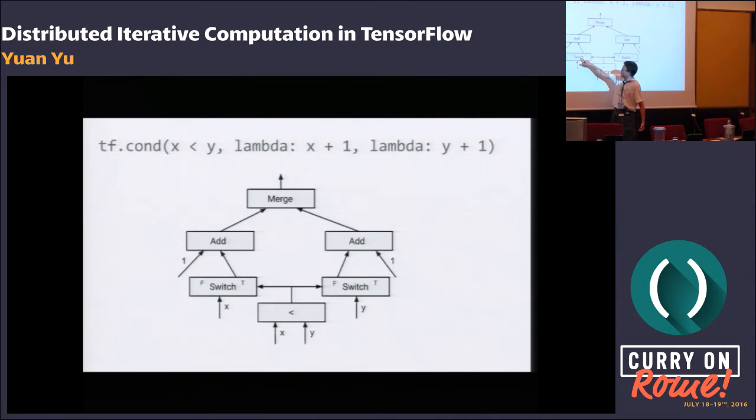So x comes in because it's true, comes out here, does the add one, and then merges. If it is false, we come here and do this add, and it comes back. So the Merge is going to see only one tensor, one value.